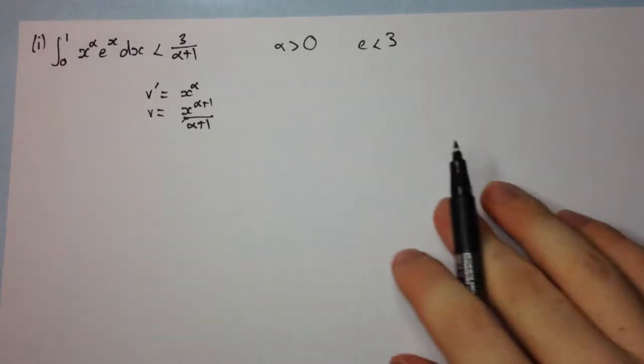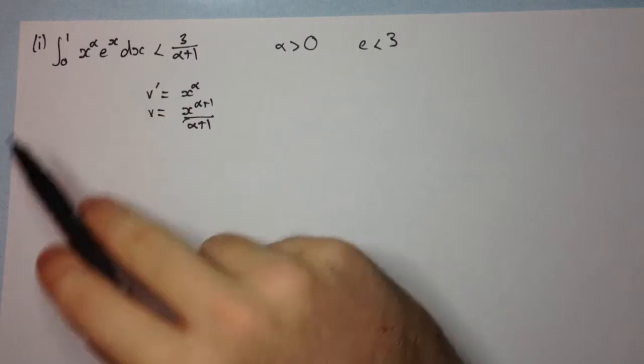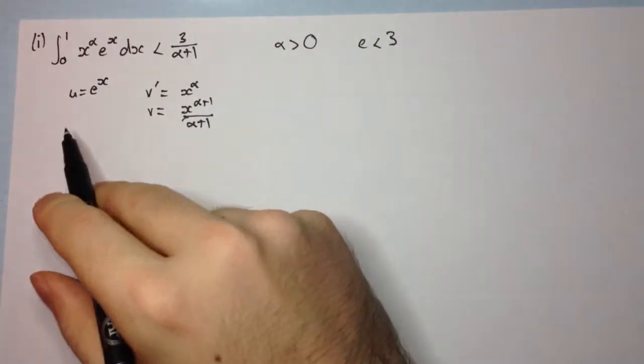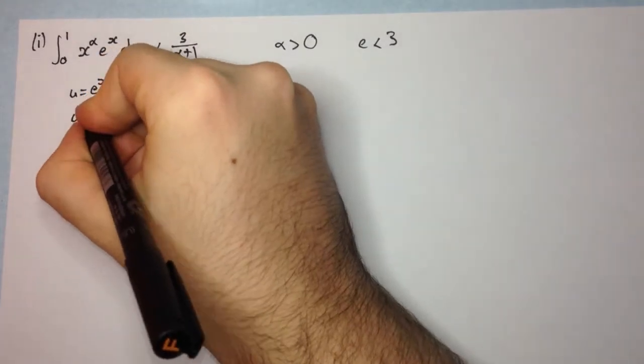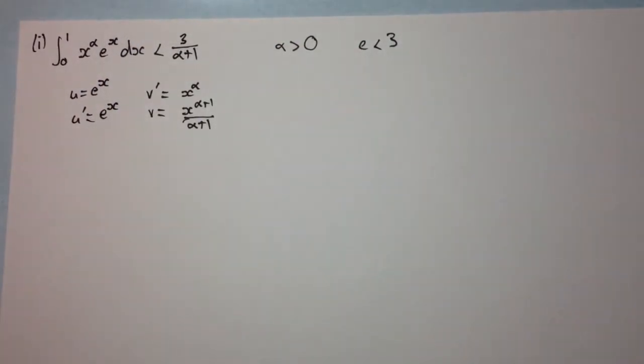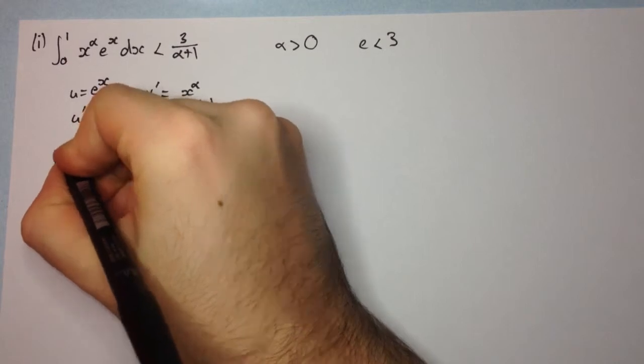Okay? And what about our u? Well, if v dash is x to the alpha, that means u is going to be e to the x. So u equals e to the x, and when we differentiate e to the x, that's simply e to the x. So u dash is equal to e to the x. So now we can apply our formula for integration by parts. So this integral